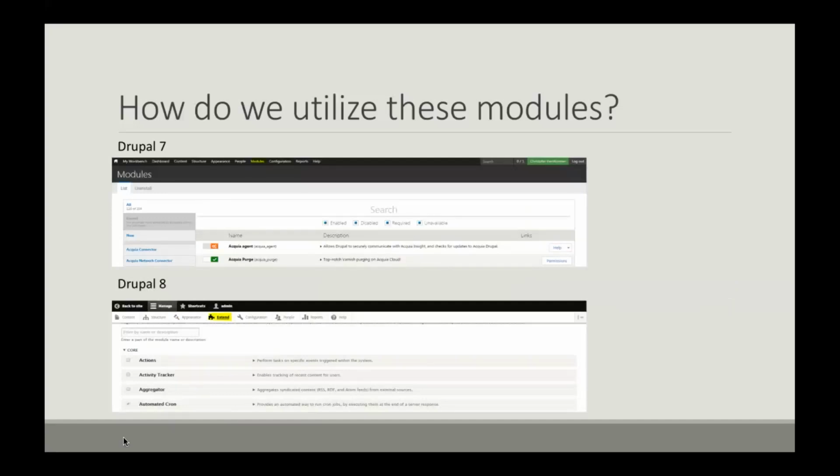Once the files have been added to the correct location, Drupal will automatically make them available. As you can see here, Drupal 7 modules can be installed and enabled from the modules listing page. In Drupal 8, modules can be installed from the extend listing page. There's a slight difference between Drupal 7 and Drupal 8 here as well. It's the states of the modules. With Drupal 7, you could have an installed module, an enabled module, and an uninstalled module. Drupal 8 is now just installed or uninstalled. Once you install it, you can enable it. Once you enable it, is installing it. It's a little bit of a difference there.